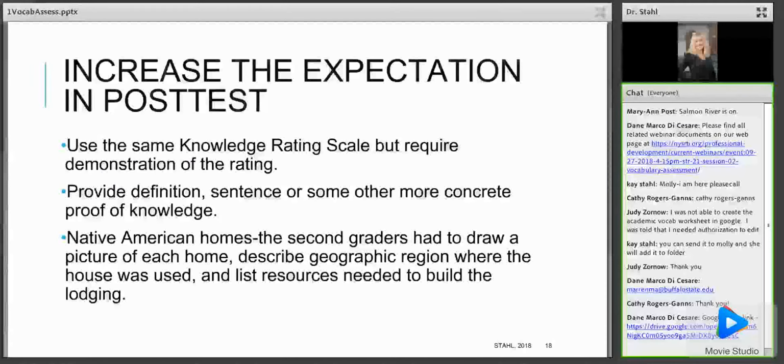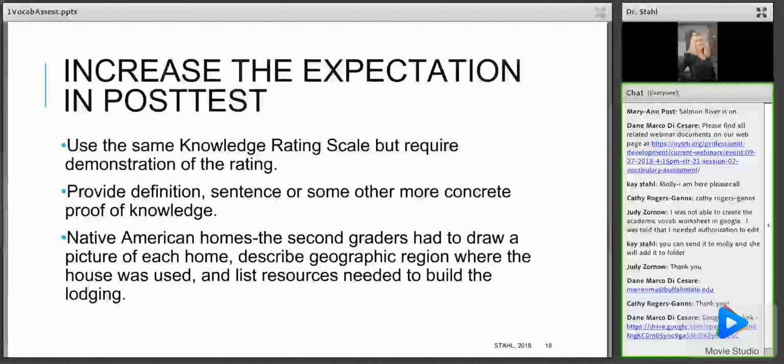Now, I use that as a pre-test. I can also use it as my post-test, so that way I have a pre and a post. But in the post-test I always increase the expectation. I use the same knowledge rating scale, but I require a demonstration of the rating. The kids must provide the definition, a sentence, or some other more concrete proof of knowledge. For example, in that Native American home